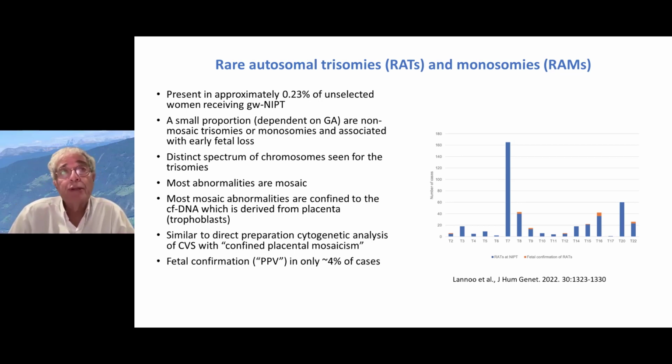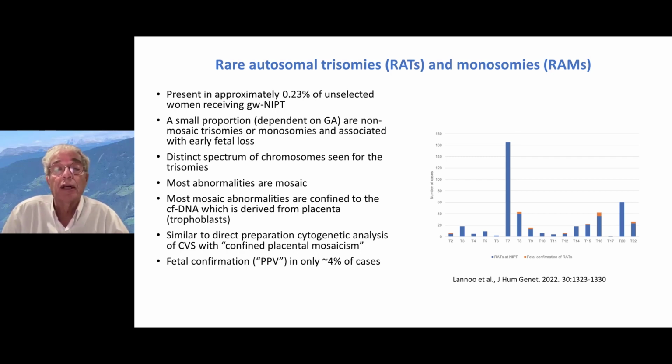A very small proportion of them, and this is going to depend on the gestational age, will be non-mosaic trisomies or monosomies, and these cases are invariably associated with fetal death. So very often some of these cases get picked up, you go back to the patient, and the patient is no longer pregnant. That's quite a common scenario for the non-mosaic cases. Most of these cases spontaneously abort early, so it is a little dependent, as I say, on the gestational age,